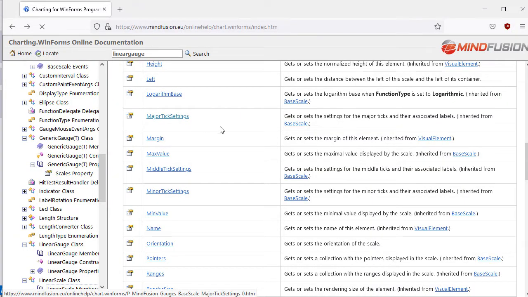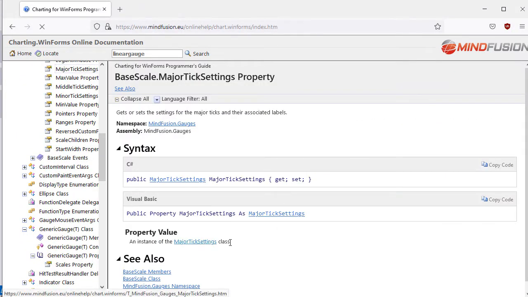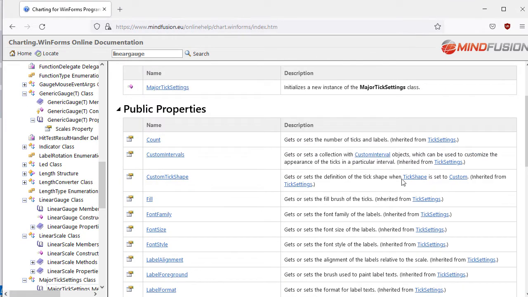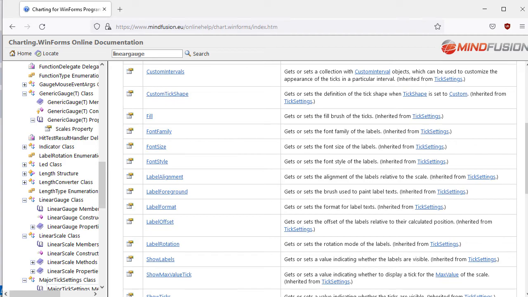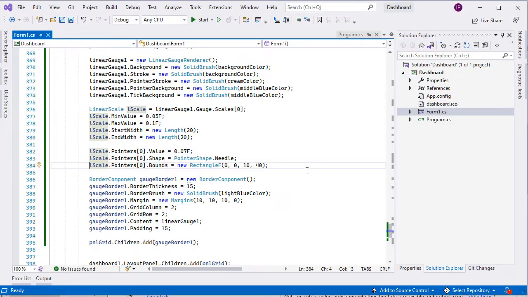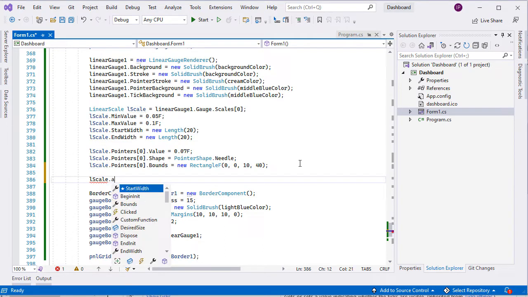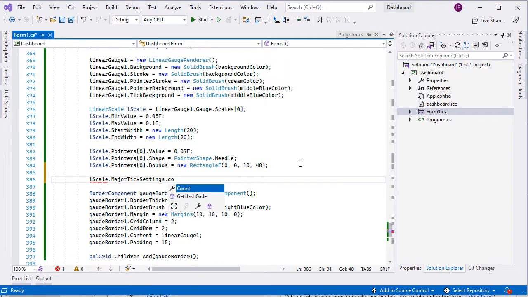Now we are going to customize the ticks on the scale. There are three properties for that: minor, middle, and major tick settings. All of them are instances of their respective class with plenty of options to be customized. So, we access the major tick settings property of our scale and set the count of ticks to 5.